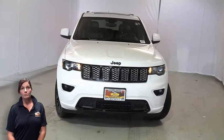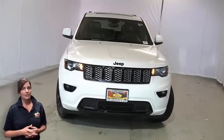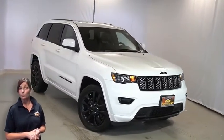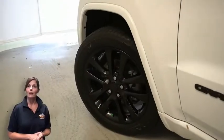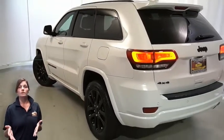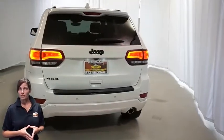Looking for a highly equipped compact SUV with all the right options and reliability? We'll take a look at this certified pre-owned 2018 Jeep Grand Cherokee Altitude in bright white. With black headlamp bezel finish, premium fog lamps, 20-inch aluminum wheels, black daylight opening moldings, gloss black Jeep badging, black